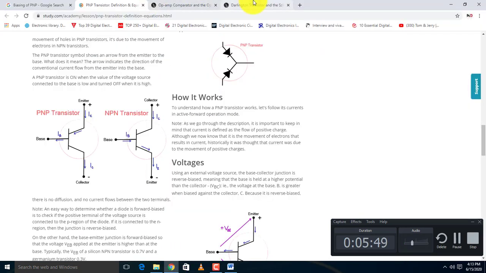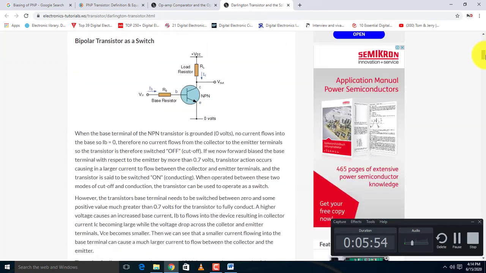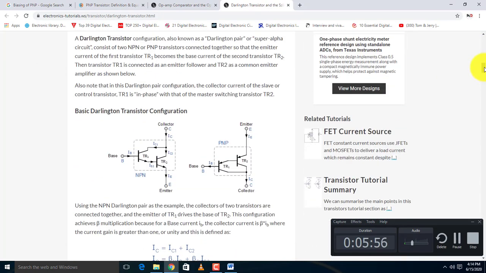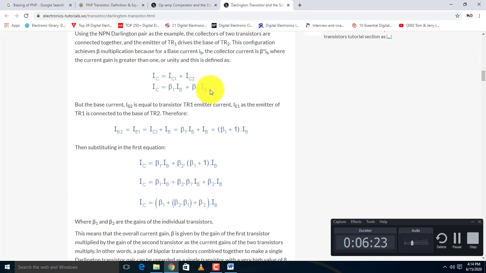Now I will show you the Darlington circuit which has come in our MCQs. You can see from here that the emitter of the first is the terminal which has an arrow. The emitter of the first is connected to the base of the second, and both collectors are common. So this is the Darlington, and the currents IB1 and IB2 both add and multiply according to the formulas, and then our overall gain increases. So this was about the Darlington circuit.